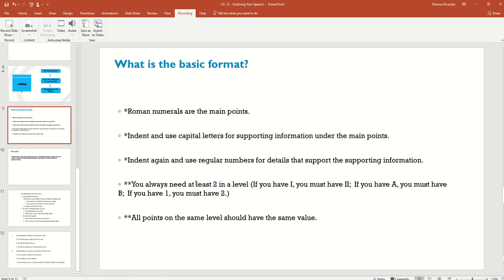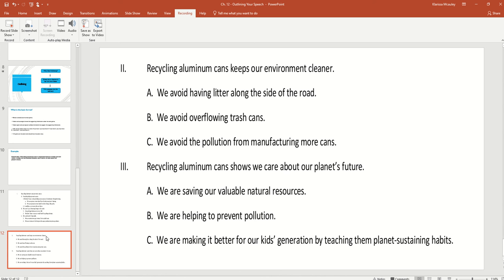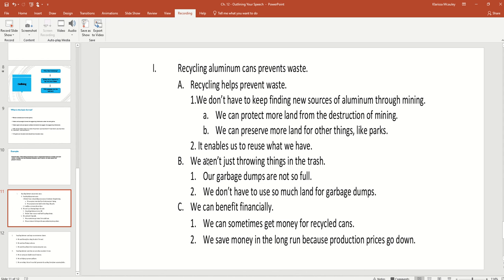You always need at least 2 in a level. So what it means is if we look at our main point 1 of this example, we have A subpoint. So we need at least 2 subpoints. So now we have A, B. Here we have 3, A, B, and C. But for example,